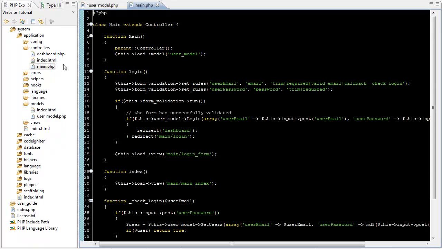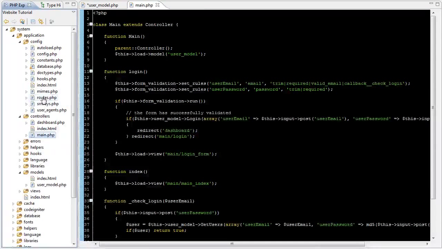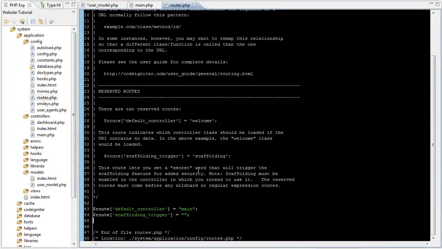So really quick, we're going to go ahead and create a route for this. So let's say the user types in login. We want to load the method in the main controller called login. You can use routes to rewrite basically the controller and method to a different URI segment. So if you want, we can go ahead and create logout, and so